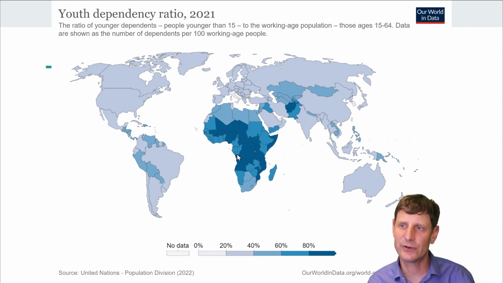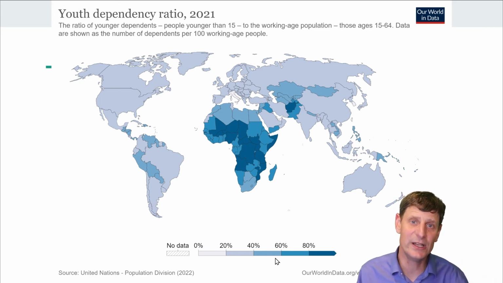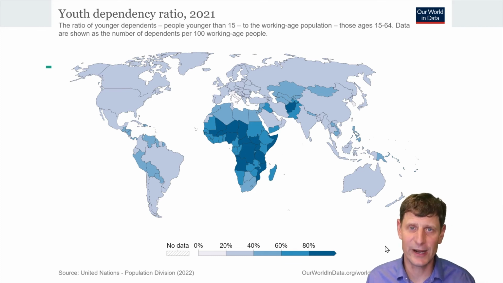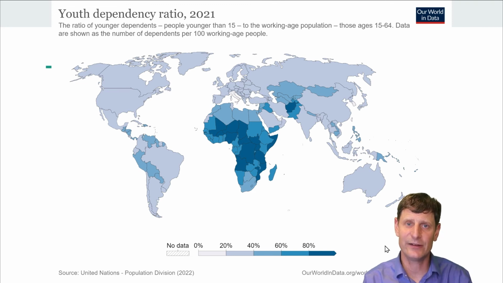You can see in these countries here in Central Africa in particular, also Afghanistan stands out, then a lot of areas across Central Asia and some places in Latin America have really high ratios of really young people under age 15 to the working age population. The argument for this ratio, why this number is created, is because we generally think in a country like the United States that kids up to age 15 should be in school so that they can get training and knowledge so they can be a more productive member of society when they get to the working age,